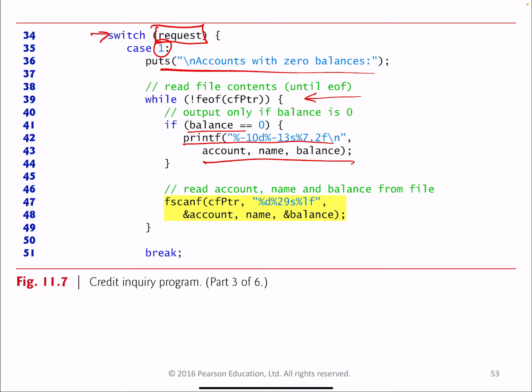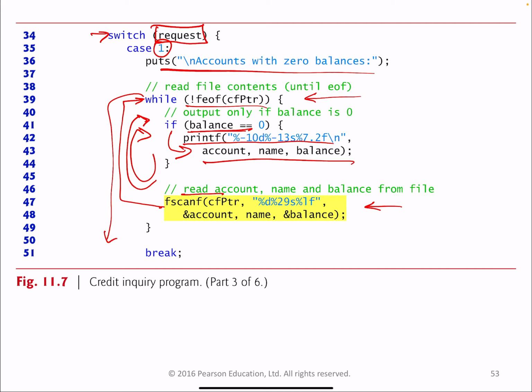And then we read the next record from the file using fscanf. And remember, all of this is happening inside a while loop. We go back up here, and as long as that new record that we read in is not end of file, and if that balance is equal to 0, we print that out again and again, and so on, until we reach the end of the file and we jump out of the while loop